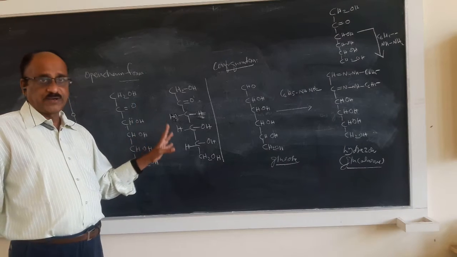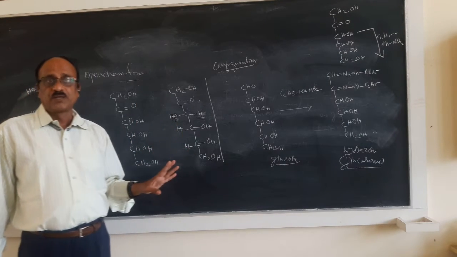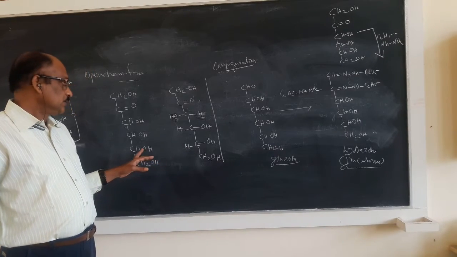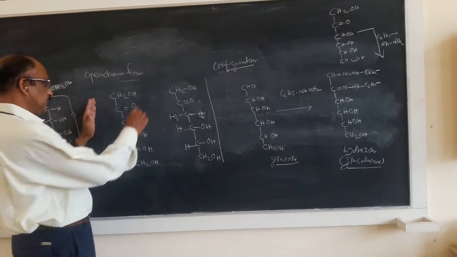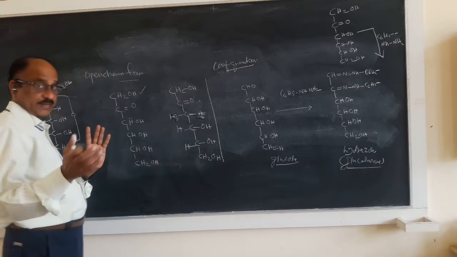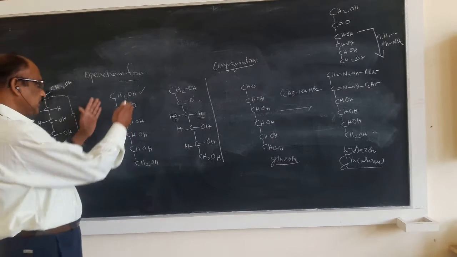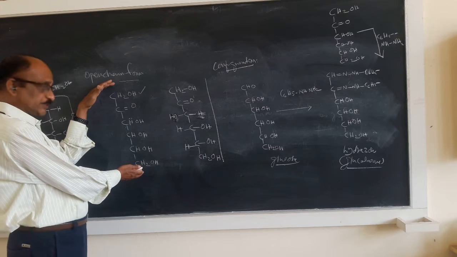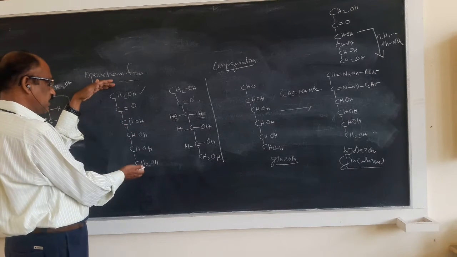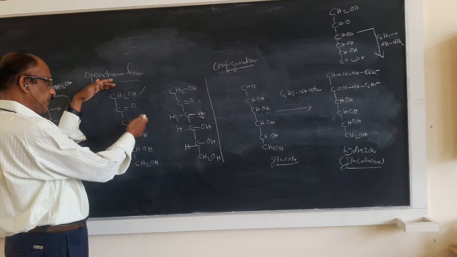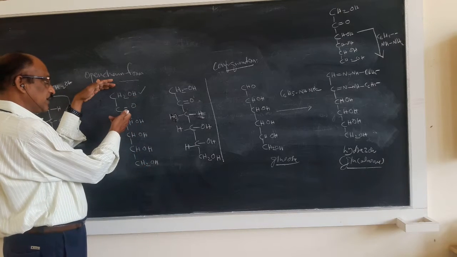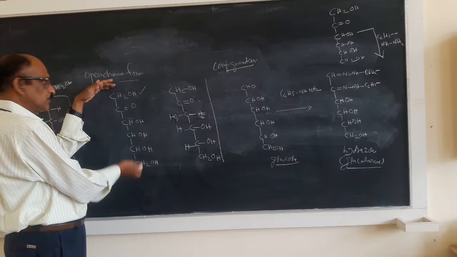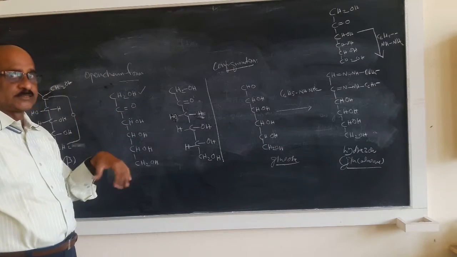But we have to come to a conclusion on how to write the configuration of the compound. For that purpose, first I will take this form. I will take the camera and show you later. This form I got from the previous session, in which there are 6 carbon atoms and 5 OH groups and 1 ketonic group. The ketonic group is at carbon number 2. These are points we discussed in the previous session.